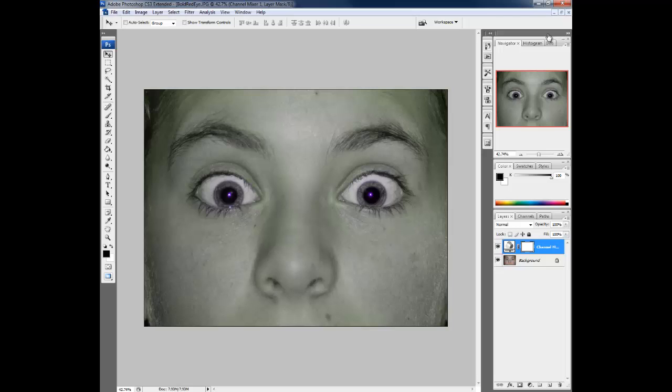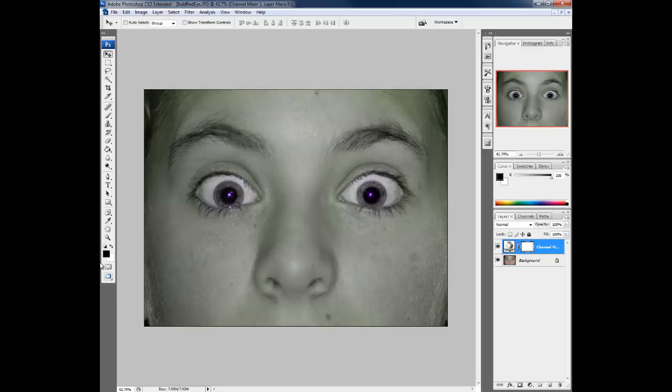Now, again, an important part is this white box next to the channel mixer layer. Whatever is white represents where the mask is actually having an effect on the image. In this case, it's fully white. Our total image is being affected by this mask. So what we want to do is change that and narrow it down to just the pupils